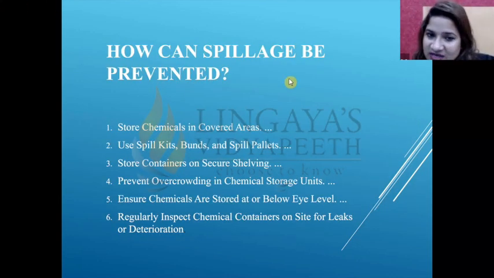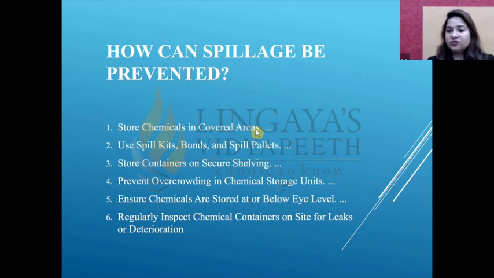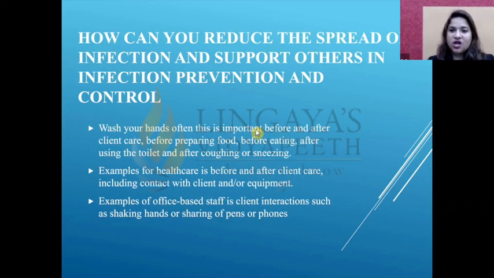So how can spillage be prevented? We must always store the chemicals in covered areas. Spill kits, bunds, and spill pallets should always be there in the laboratory or hospital. The stored containers should be on secure shelving. Overcrowding should not be there. The chemicals should be kept below eye level, and we should regularly inspect chemical containers on site for leaks and deterioration. So this is how you will